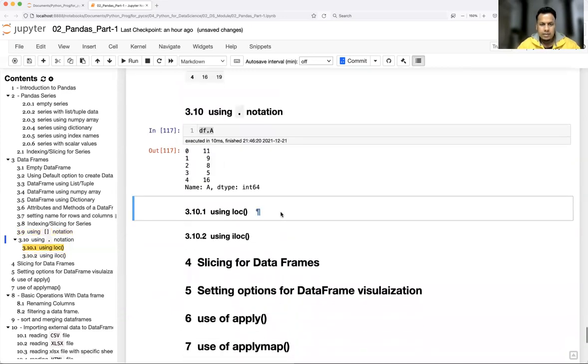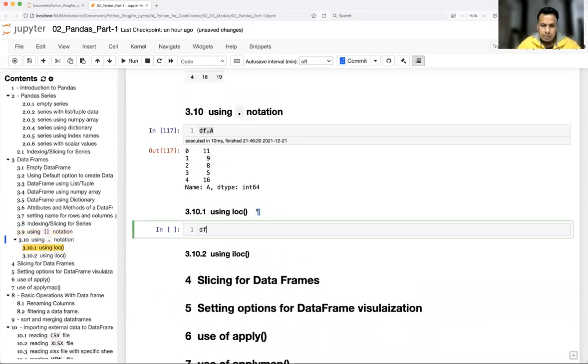Let me show you how to access that. For this, df.iloc, sorry, loc. Now whenever you are using loc, you can use a and let's say 0.